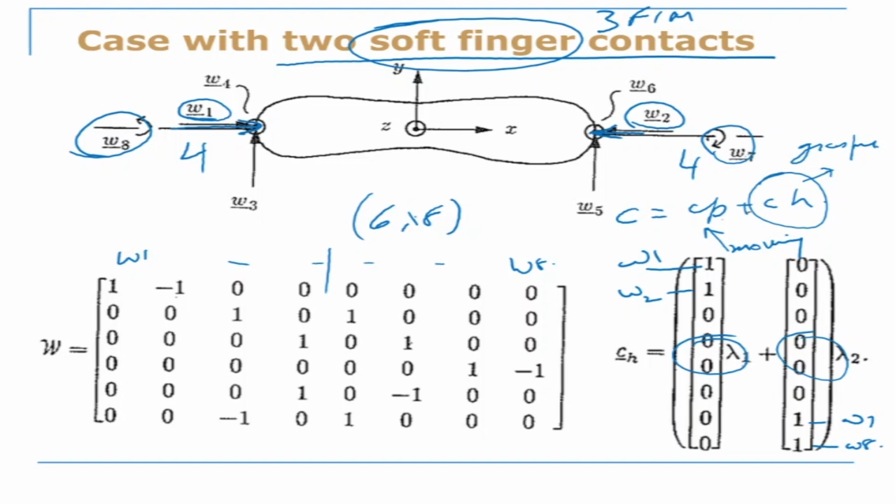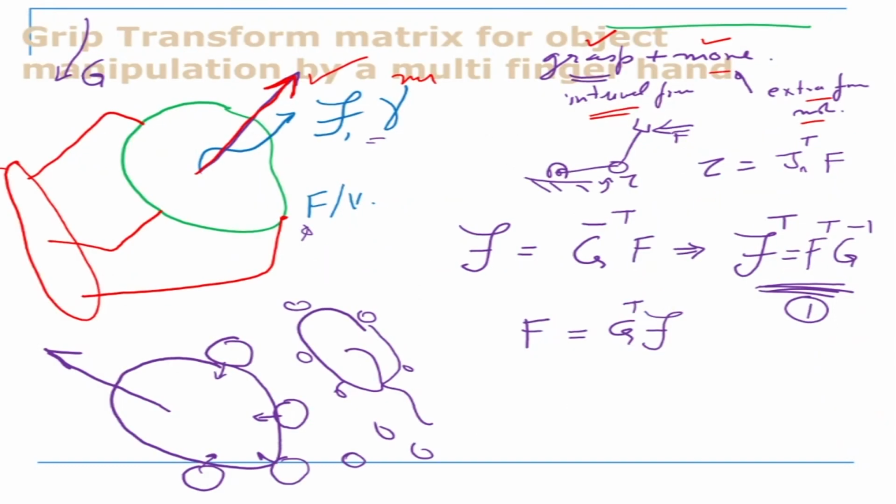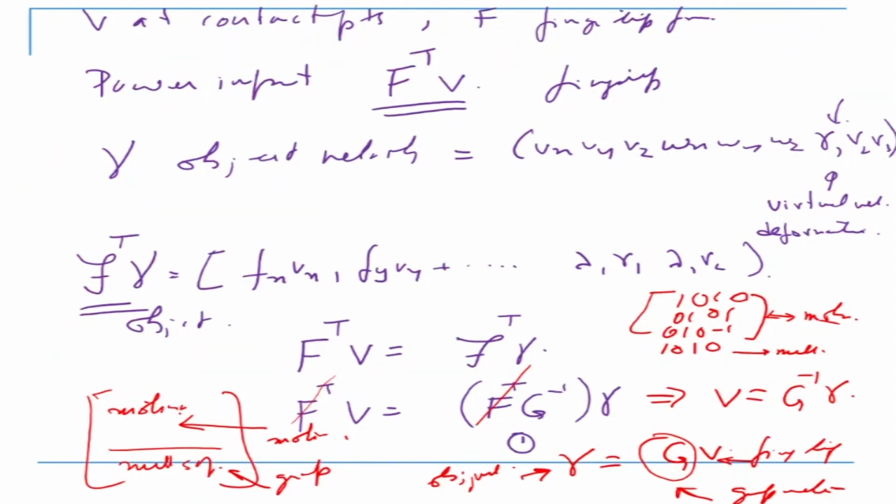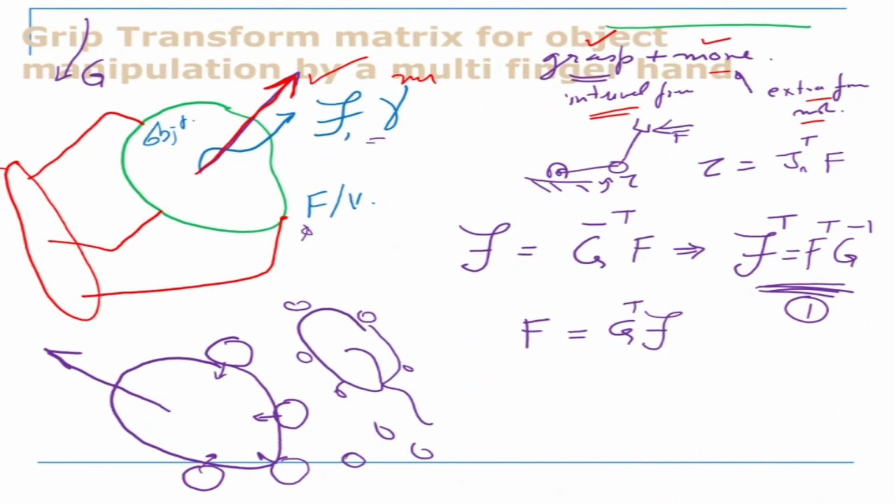Now this gives us an idea of how do you decide the internal forces. Now let's see that I want to move the object in a particular direction. Okay, so this is an object, the green color object. Now I want to move this object in a particular direction such that we can find out the velocities of the object. Okay, so what we are saying is that this is an object and I want to move it, let's say, in this direction with some velocity.